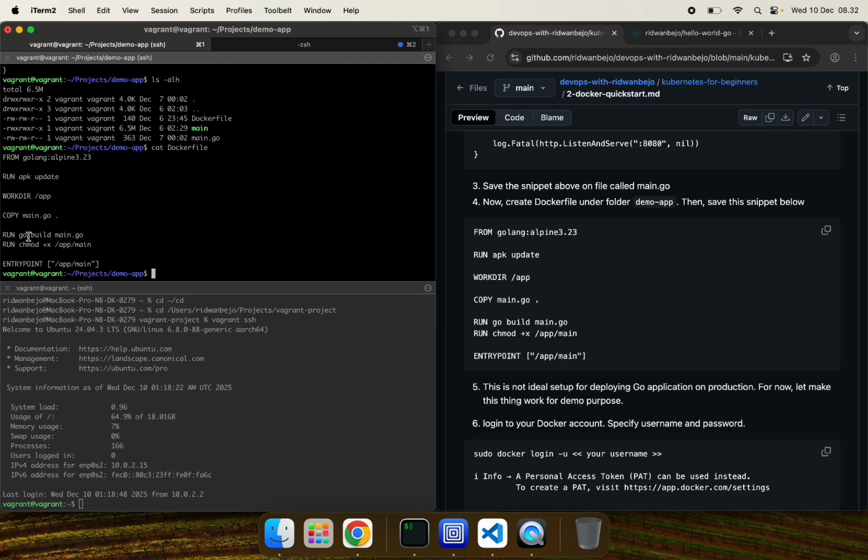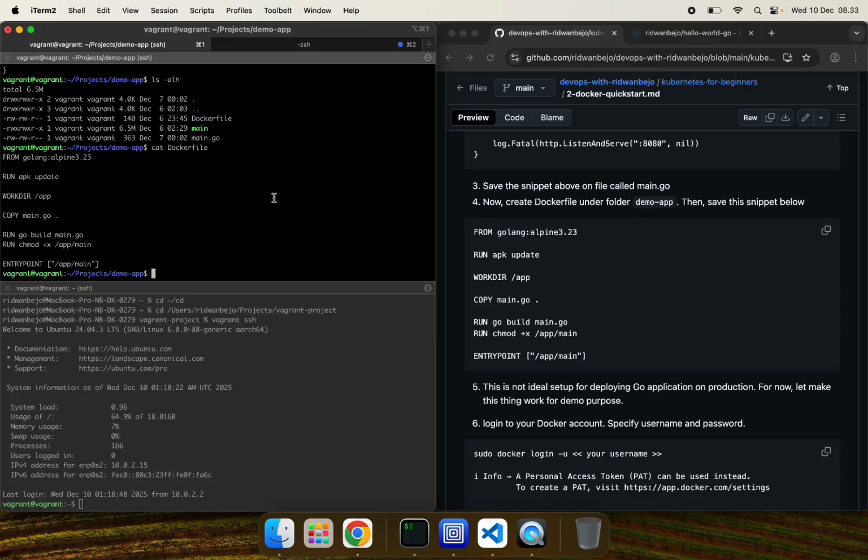And then after you copy the main.go, you compile it with go build and you will have the binary. Finally, you need to change the permission to make the binary executable by using chmod +x on /app/main. And the entry point must be /app/main.